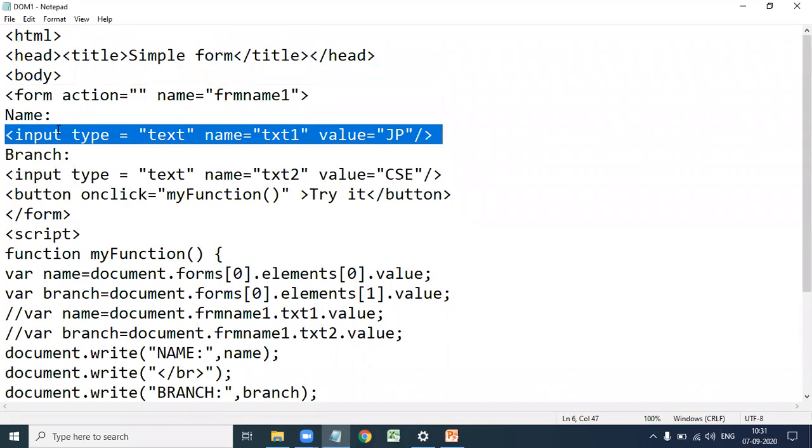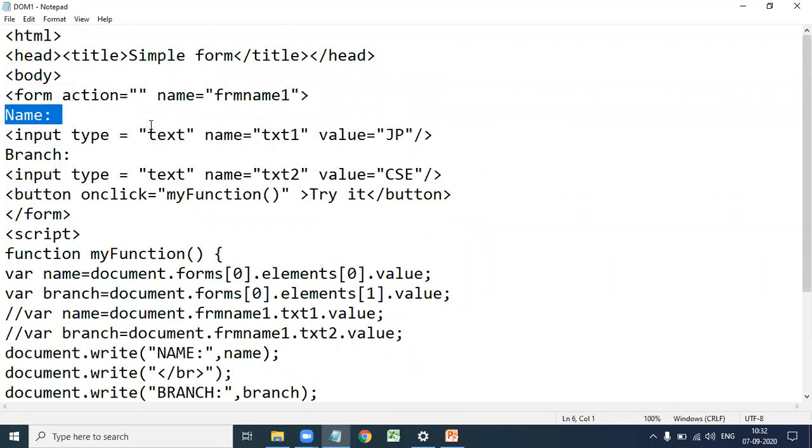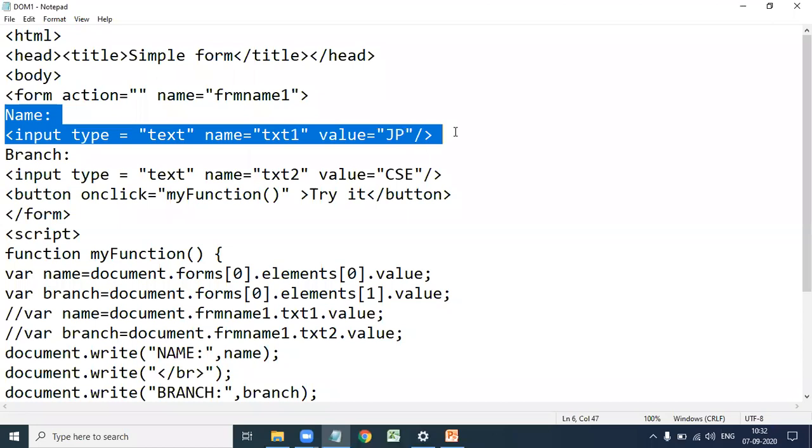There is only one form. Forms of 0 dot elements of 0 is the first element in the HTML, input type equal to text, name equal to txt1, value equal to jp. So it accesses the value jp.